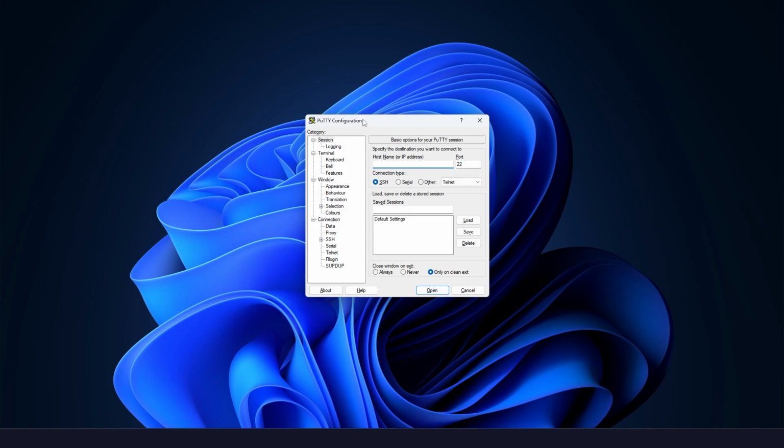So this is how the Putty application looks. It's a very simple application to use. All you have to do is to come to the section that is called host name and type in root. So root is the username, if you remember, of our VPS credentials, and then use the symbol @ and then type in the IP address of your VPS server. So the IP address is the IP address that you received when you purchased your VPS from Contabo. So I've pasted this IP address, and after that you can leave the port at port 22